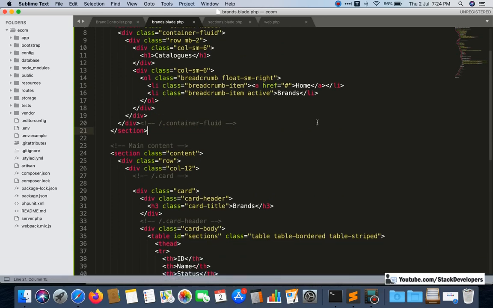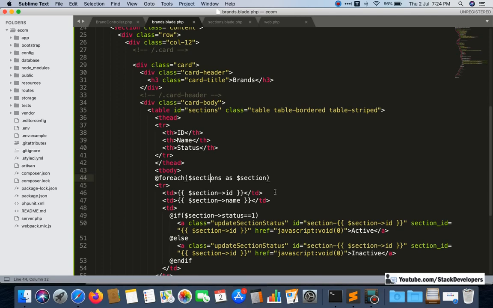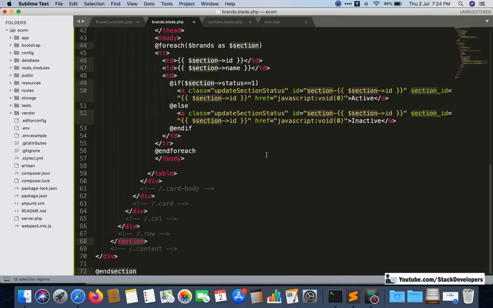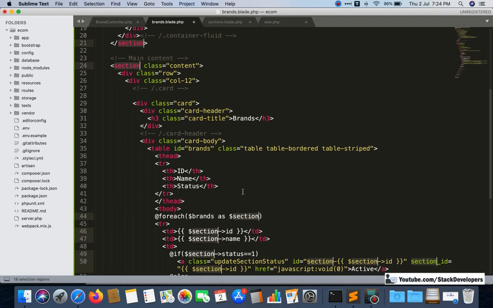Here you just need to change it to brand, and here again make changes, brands. Here it will come as brand. Not all, but up till here. Once again I am going to copy.